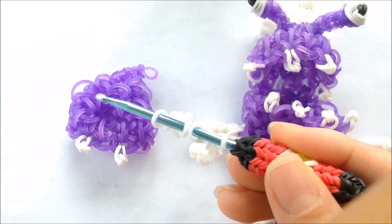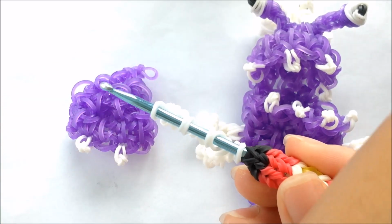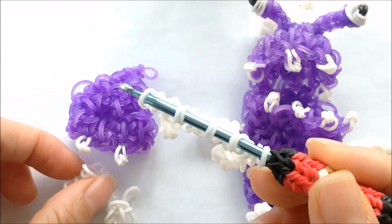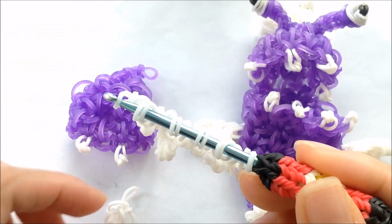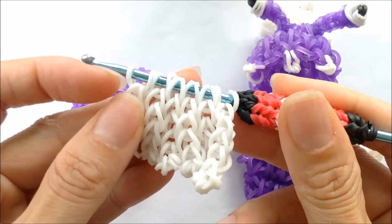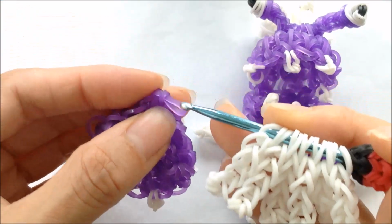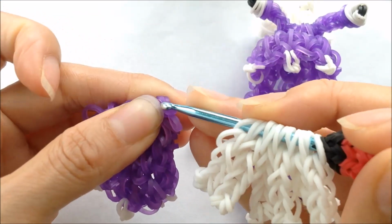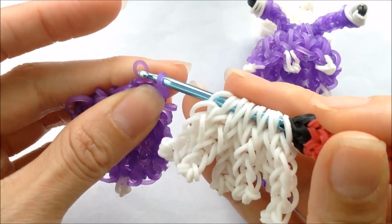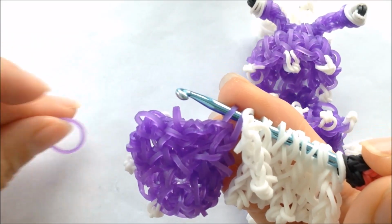I have 6 of them. So you should have 12 loops if you're doing 6 hair on the head. Now undo our loose slip knot, getting the loops back onto a hook like that, taking a single band,